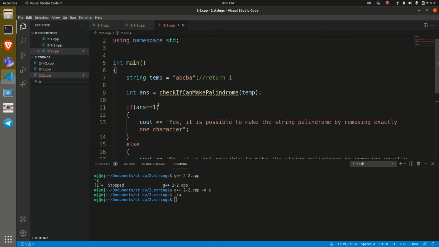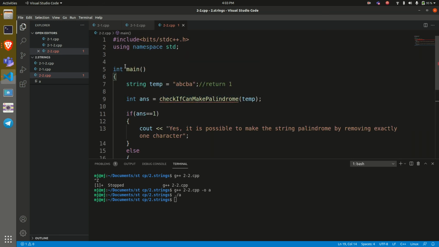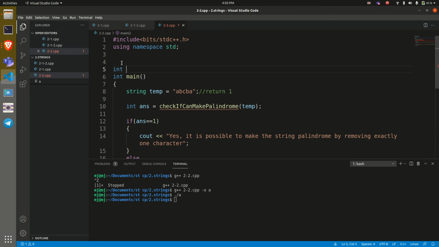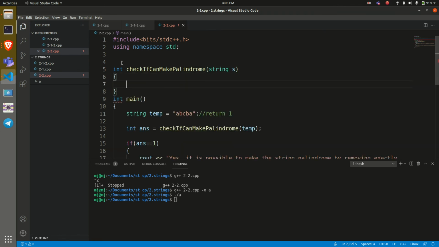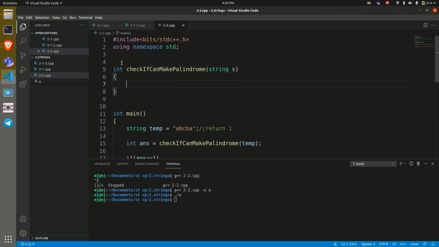This is the sample, and now let's come to the actual method, which will check if it can be made palindrome or not. So it takes a string as an input, let's call it s. Now here we need to write the code or the logic for the program.